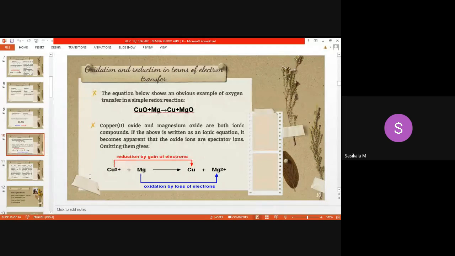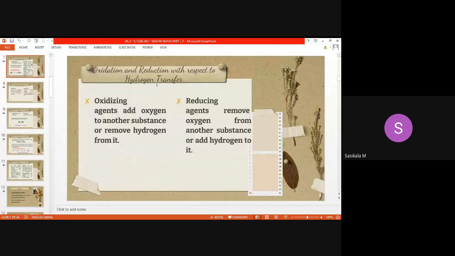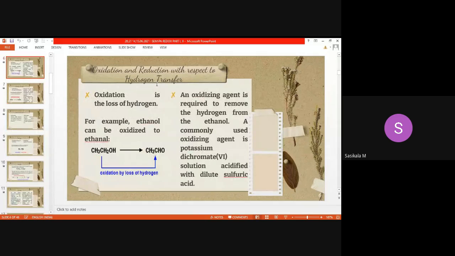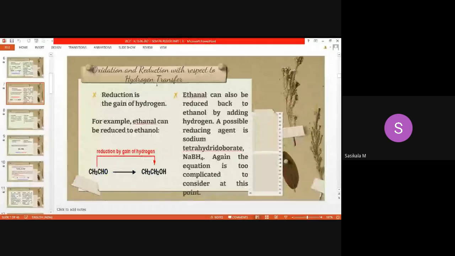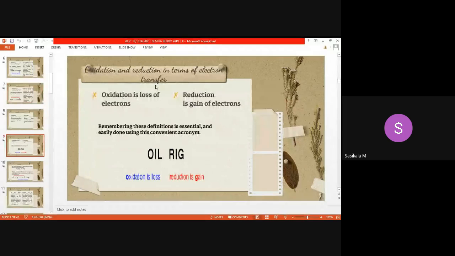What is oxidation and reduction based on the two concepts. Electron transfer comes under the electronic concept for oxidation and reduction, whereas hydrogen transfer and oxygen transfer come under the classical concept of oxidation and reduction. So there are majorly two categories of concepts of oxidation and reduction. In that we have seen three categories. In the first one, classical concepts were related to oxygen and hydrogen transfer, whereas the electronic concept is related to electron transfer. Hope you all are clear with these definitions, concepts of redox reaction.